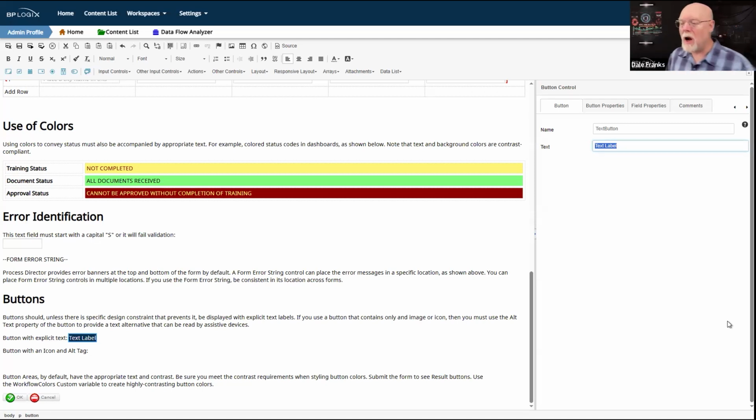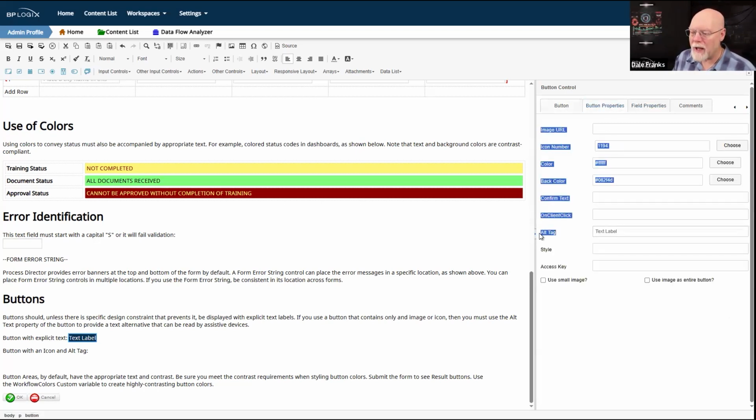If there is no text property for the button, so I don't have an explicit text that's showing on the page, then we're going to fall back to the alt tag, and the alt tag will read whatever is in the alt tag. So either way, I have a way for the visually impaired to know what that button does when Process Director reaches it.